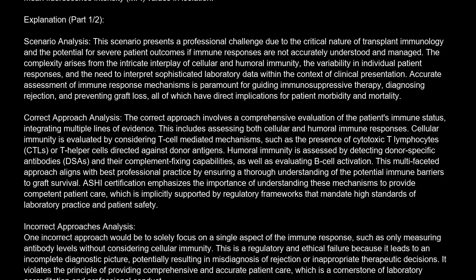Cellular immunity is evaluated by considering T-cell-mediated mechanisms, such as the presence of cytotoxic T lymphocytes, CTL, or T helper cells directed against donor antigens. Humoral immunity is assessed by detecting donor-specific antibodies, DSA, and their complement-fixing capabilities, as well as evaluating B-cell activation. This multifaceted approach aligns with best professional practice by ensuring a thorough understanding of the potential immune barriers to graft